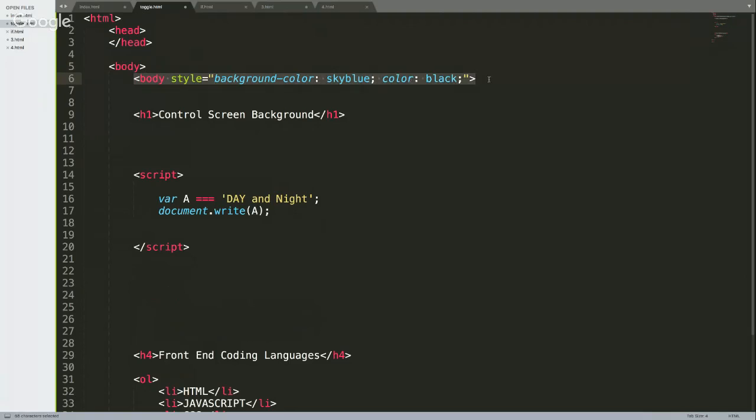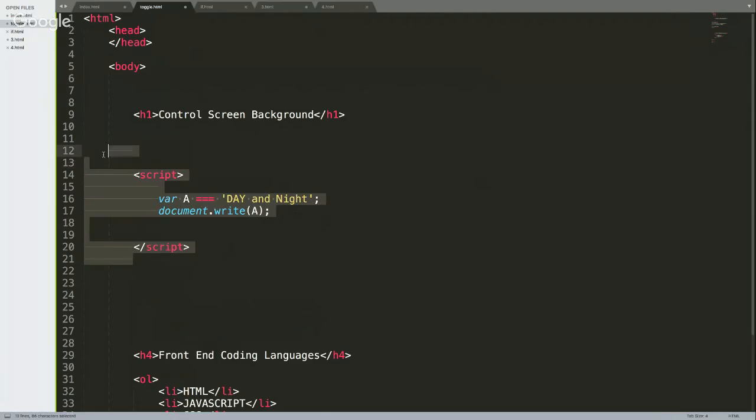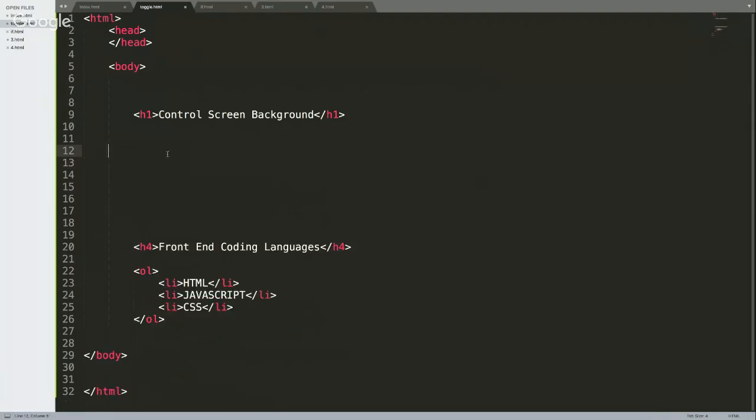All right, that's what we did. So now let's get rid of all these. Let's create a button. Input type is a button,